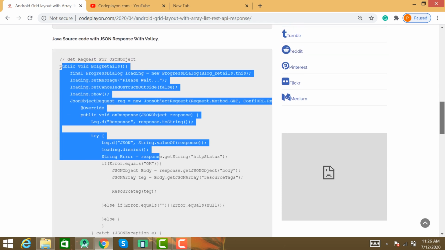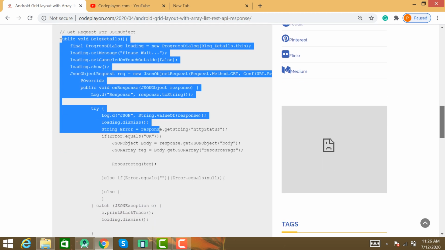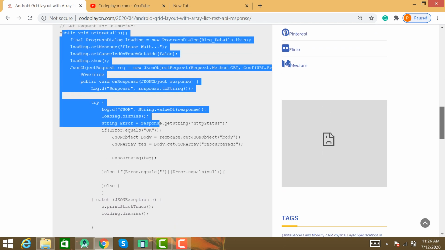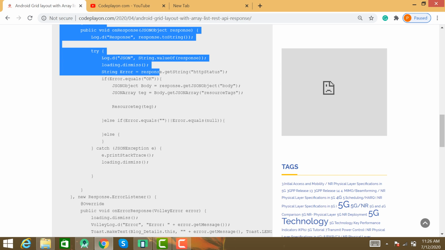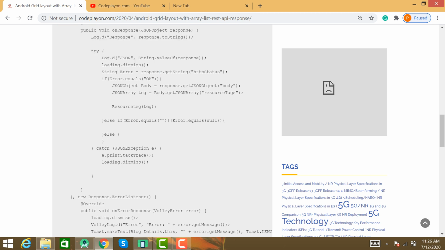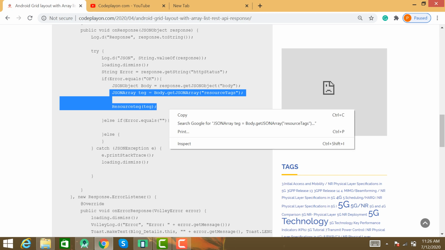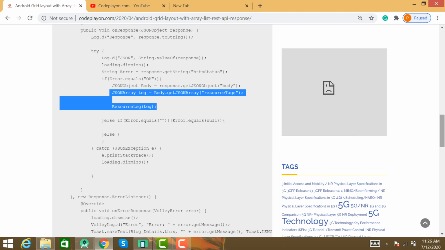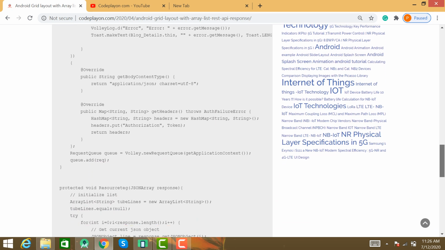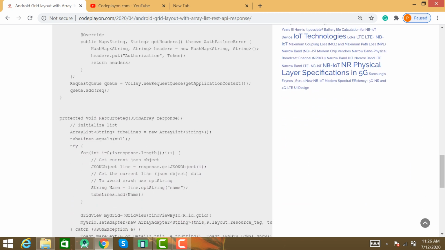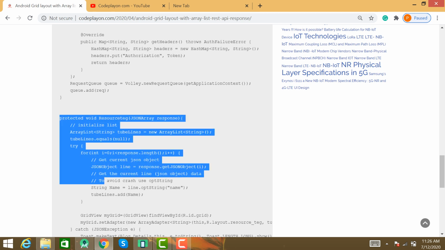If you have used Retrofit, OkHttp or others, you can use those and just add the response in this method. In the response you can get your array, and in your array you can add a resource tag method. This is the resource tag method.